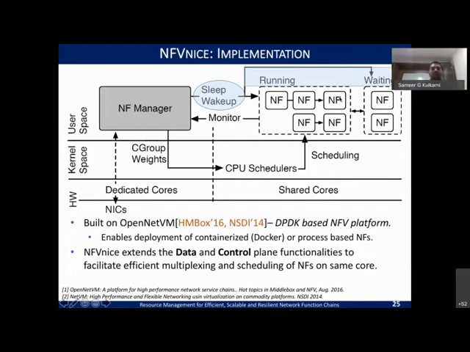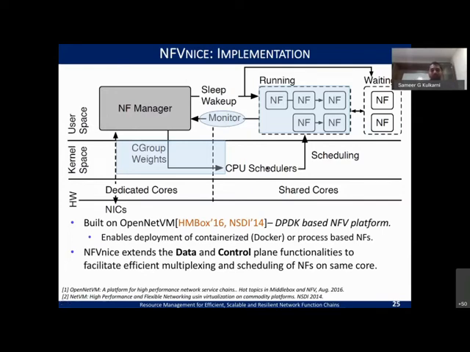And next, for those NFs that are running in this state, you want to monitor and know what should be the right fair share of the CPU for each of these NFs. So once we monitor and make sure that we can build the CFS group shares that we mentioned about earlier, you are able to apportion the CPU correctly so that whatever the C group weights that we update can then be fed to the CPU schedulers to make sure that amongst these running NFs, it is going to allocate the time space in this particular manner.